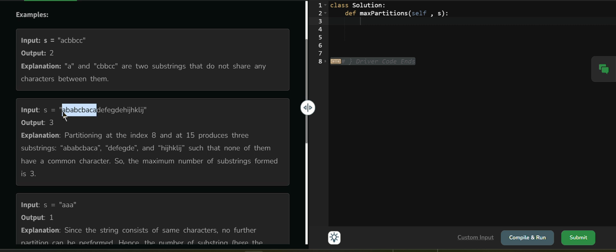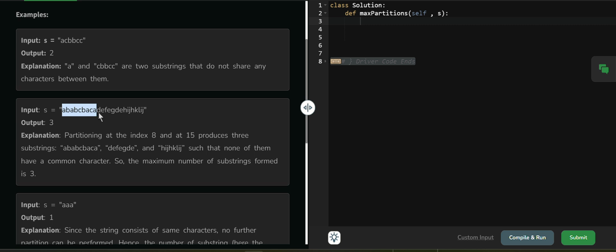Then after traversing I come to b, so what will be the ending index of b? It is here, and same with a. My substring is not getting expanded, and the same with c. The ending index of c is up to here only, so we can say that my substring 1 is this only.